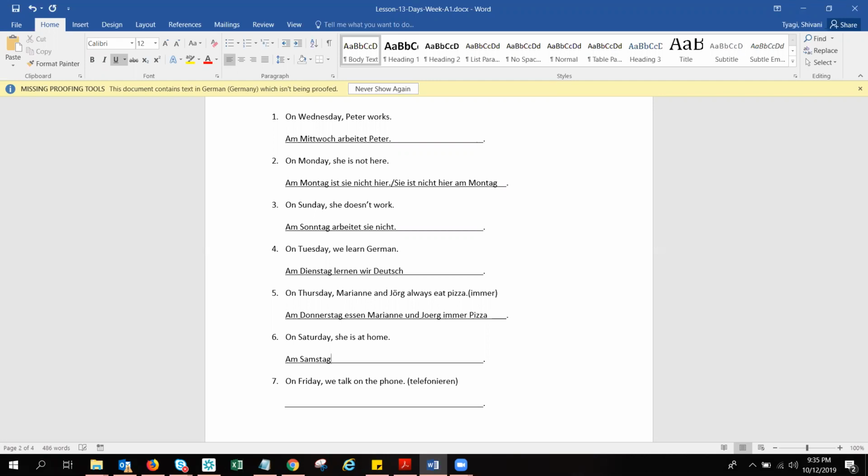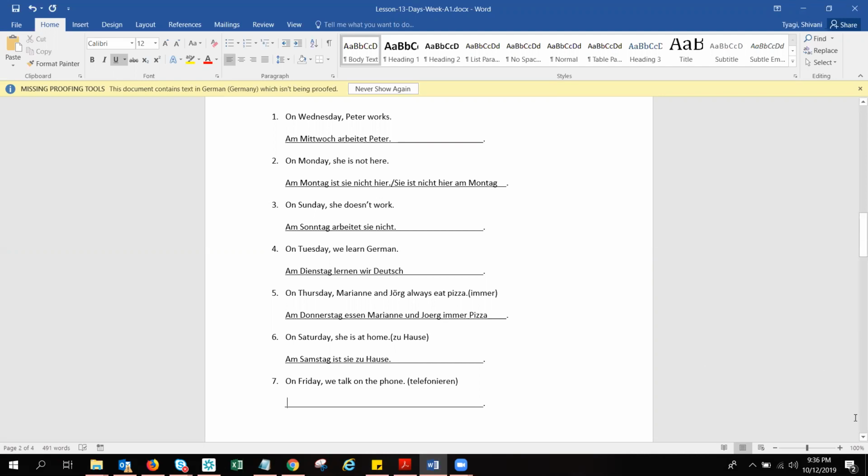Okay, so on Saturday, Samstag, she is at home. Whenever you are using this phrase "at home", it will be zu Hause always. So am Samstag ist sie zu Hause. Okay, I'm at home: Ich bin zu Hause. Okay, next,